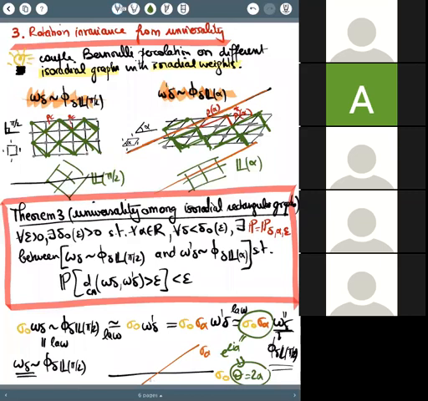So I suggest that we make a break, 10 minutes, 2 or 5 minutes, I don't know. I'm not the organizer, so you should choose which you prefer. And then what I would start to do is tell you a little bit about the proof. Of course, I'm not going to give you the whole argument, but I'll try to give you at least the roadmap of the proof of this universality.